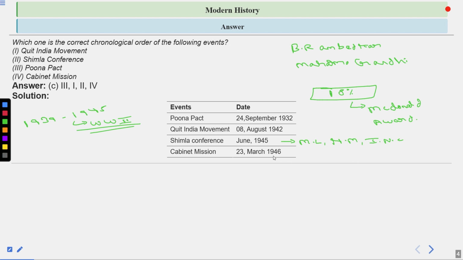Cabinet mission was sent in 1946 that eventually led to the establishment of Constituent Assembly,